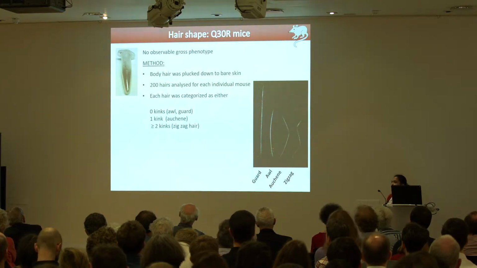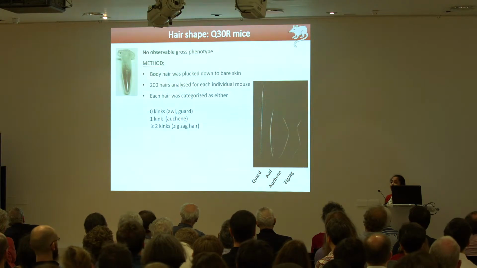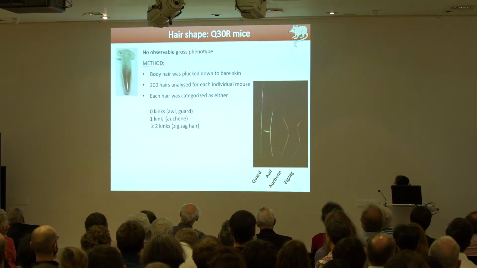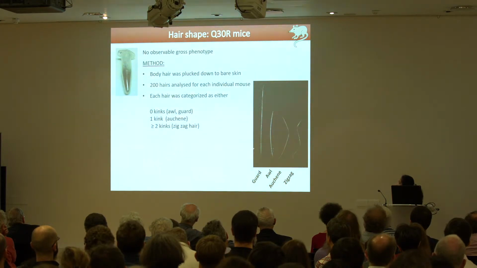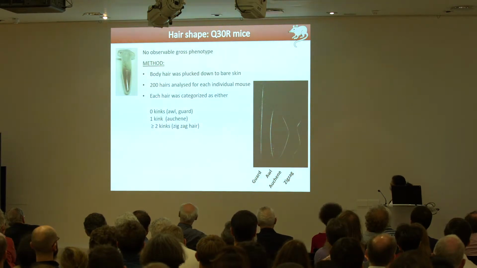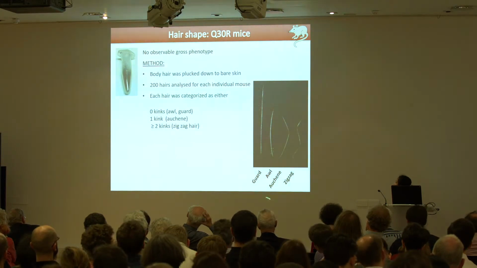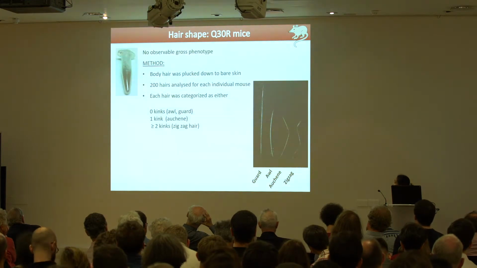So one would argue, how would we use a mouse model for our study? Because humans have curls, but mice have kinks, actually. If we look at the 4 types of mice hair present on the body, we have the guard and the awl hair, which are the straight hairs. We have auchene, which has 1 kink, and we have zigzag, which has 2 or more kinks. And if a mutation contributes to straightness, then we would have more of the guard or the awl compared to the auchene or the zigzag.